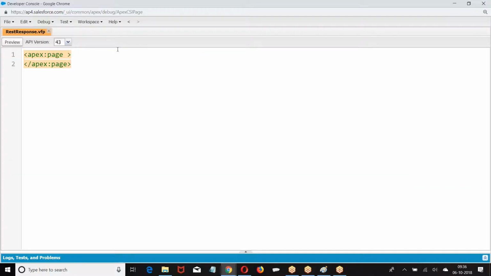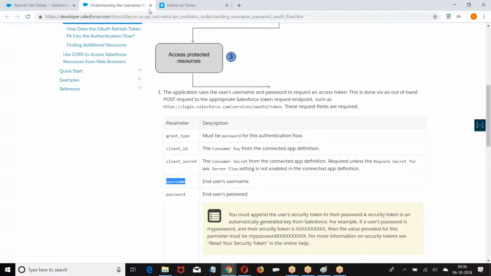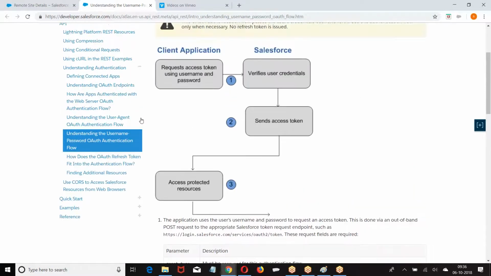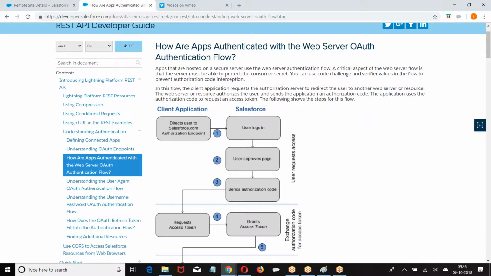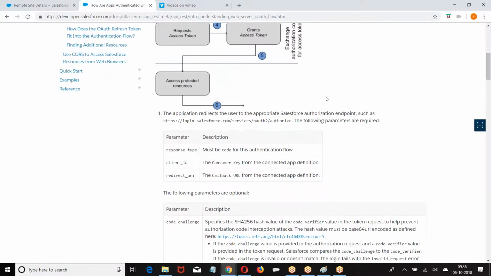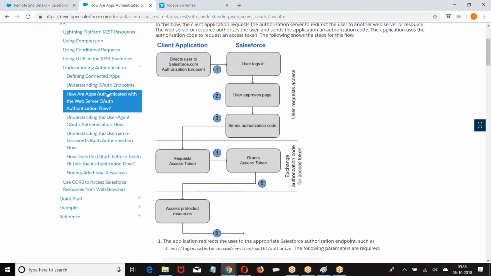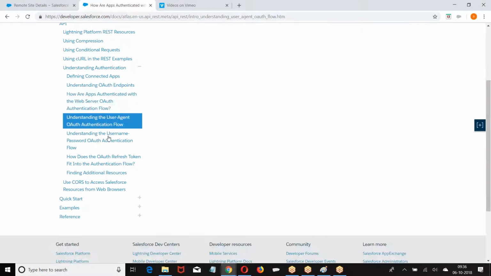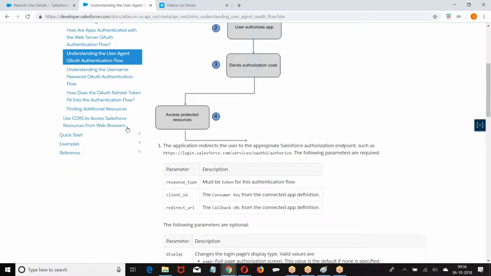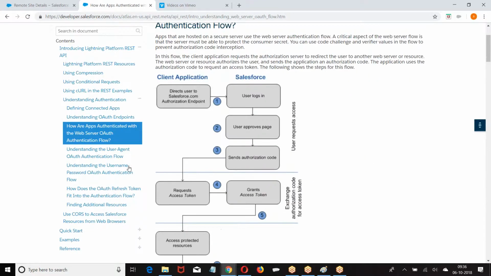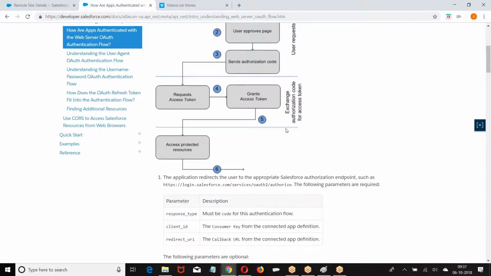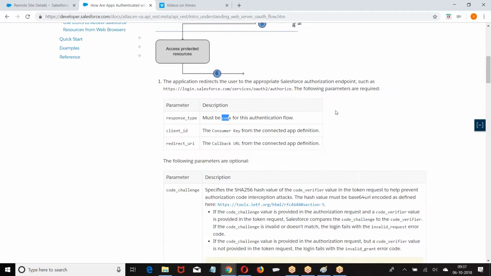Now, let us go through the documentation once again. So first, look at this.